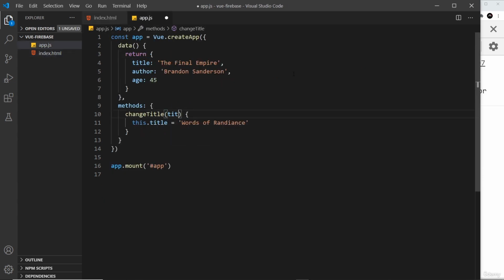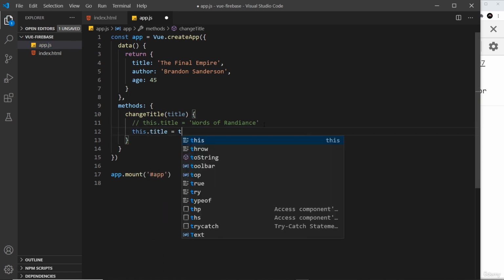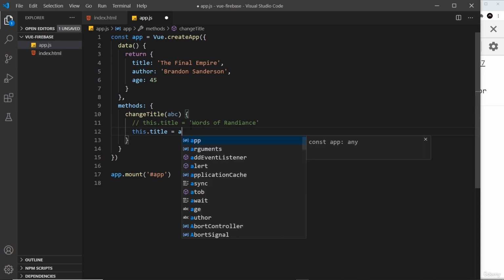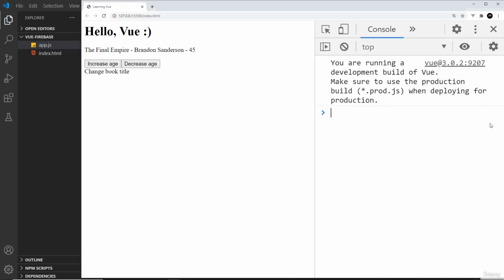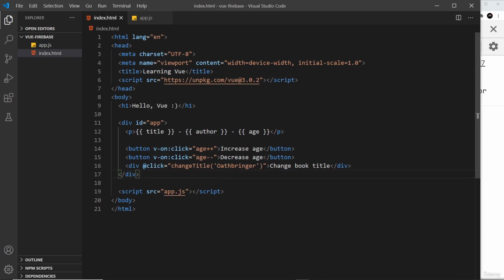Now, if I save it and come over here, I can accept that into the function right here. And I can say instead of this.title is equal to Words of Radiance, instead this.title is equal to title, which is the thing I take in. And that can be called whatever you want. You can call it ABC if you want and update it to ABC. But to me, it makes sense to call it title. Save it. And let's see if this works. Change the book title, and this time it changes to Oathbringer,